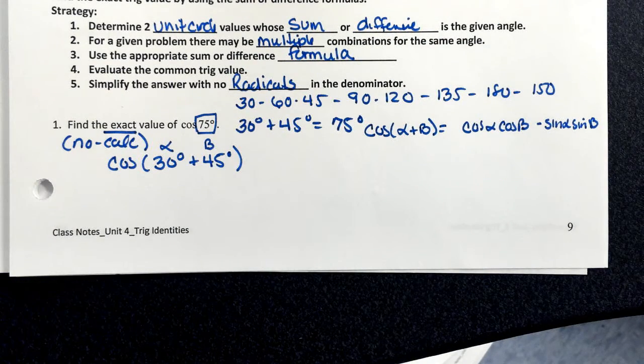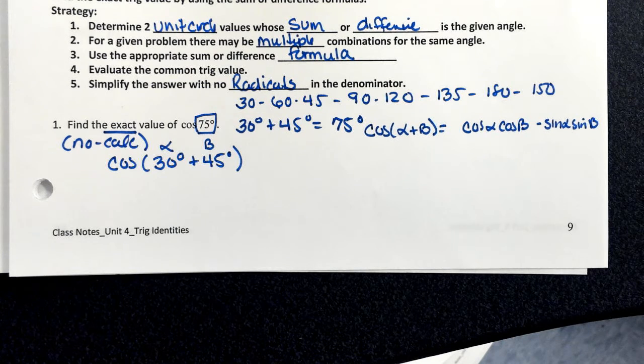So now what I want to do is substitute. I've labeled that 30 degrees is my alpha. I've labeled that 45 degrees is my beta. Some of you may have written down on your paper that it was 45 plus 30. But you agree with me that addition is commutative. So it doesn't matter if you had 45 plus 30 or I have 30 plus 45, it's fine because